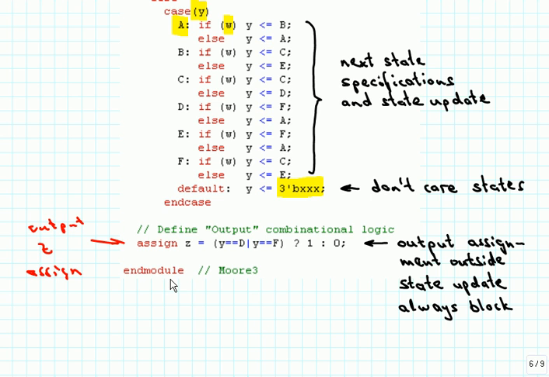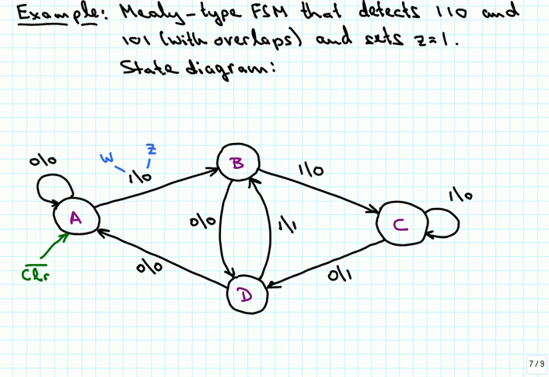The alternative to using a Moore-type finite state machine would be to use a Mealy-type finite state machine, and that's what we're going to take a look at here. We are going to detect again the patterns 1, 1, 0 and 1, 0, 1 with overlaps and set C equal to 1 if we see one of the two patterns. Now for the Mealy